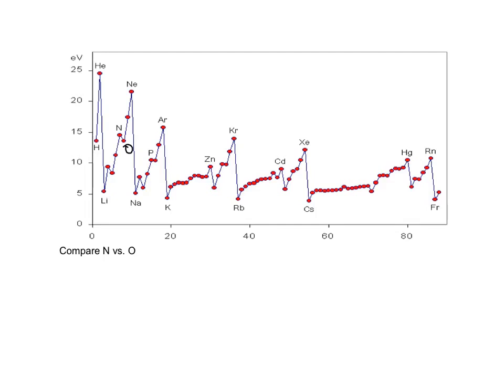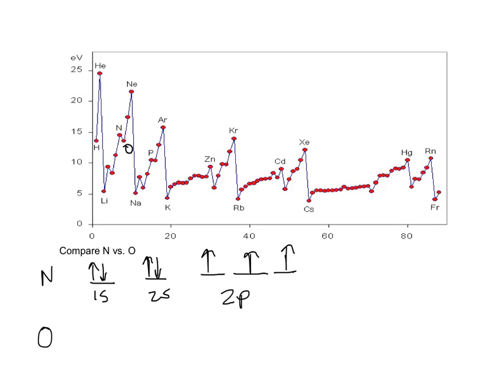So let's look at their electron configurations here. So nitrogen, or let's look at their Aufbau diagram, that's even better. So you have your 1s that's filled, your 2s is filled, your 2p, you have 3 electrons, 1 in each of the orbitals. That's exactly half filled, so that is a pretty stable configuration. Now let's look at oxygen. 1s is filled, 2s is filled, your 2p, you have 4